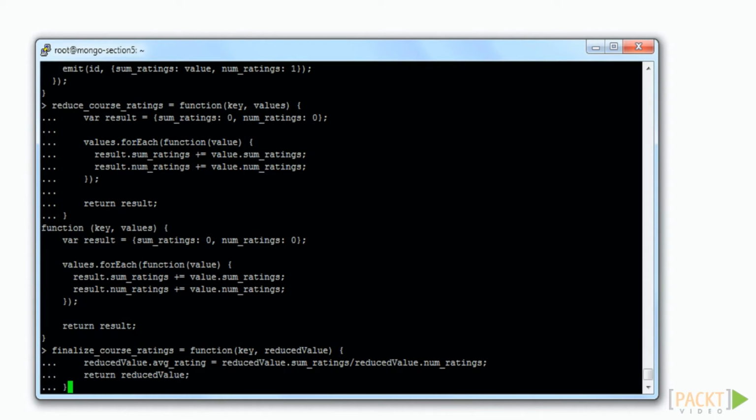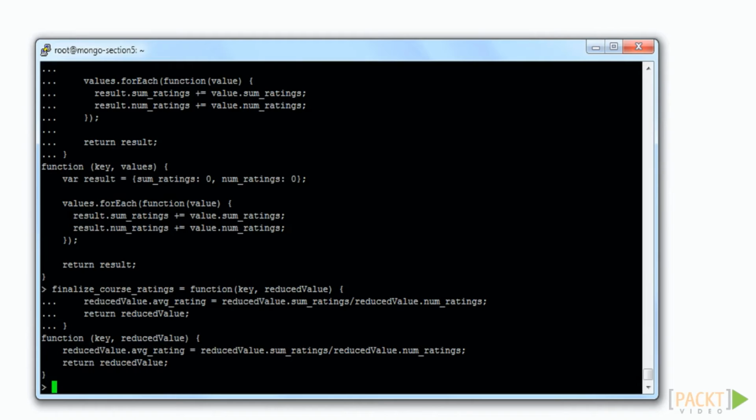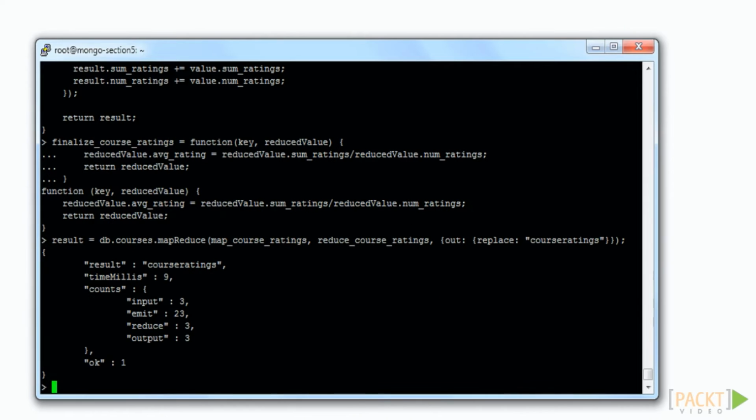The finalize function does exactly that. Remember that the finalize function receives the output from reduce. It then divides the sum of ratings by the number of ratings and stores that value in a new document property, avg_rating. If we just run MapReduce without the finalize, we can see that the total emitted is 23, since